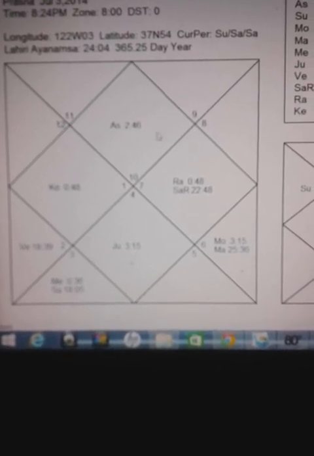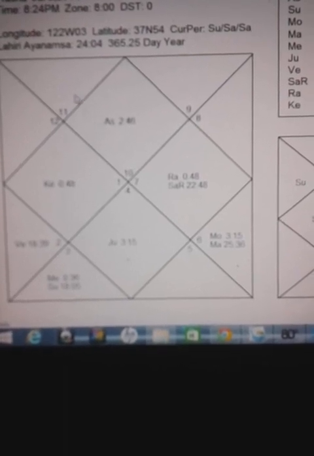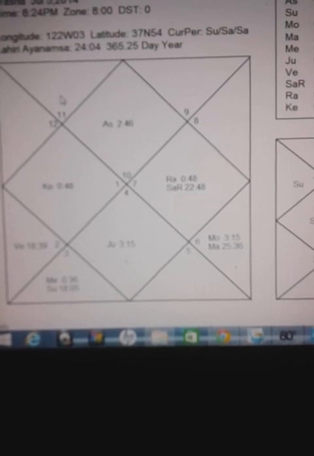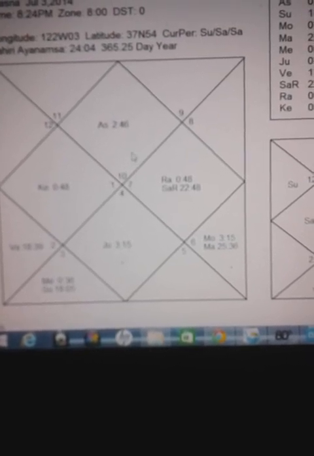Now, if I go back to these numbers, you will ask me, why is the first house showing number 10? Why is it not showing number 1? Why is the second house showing number 11? And why is it not showing number 2? Well, you have a point. And basically this 10 has come